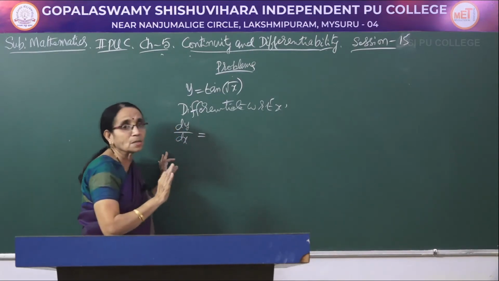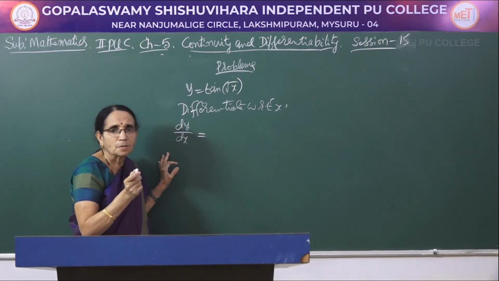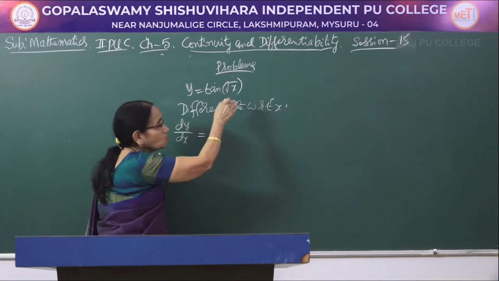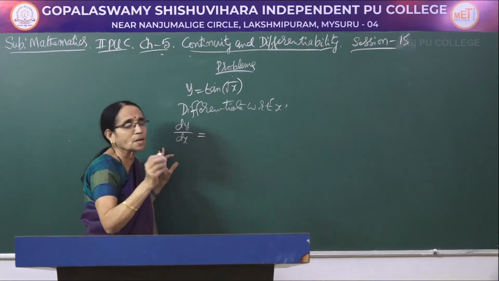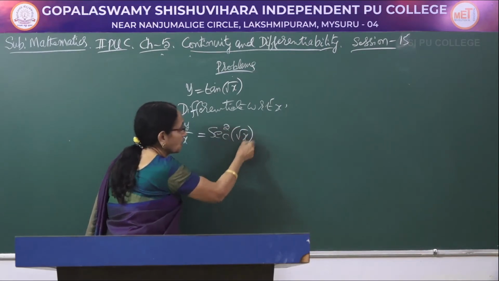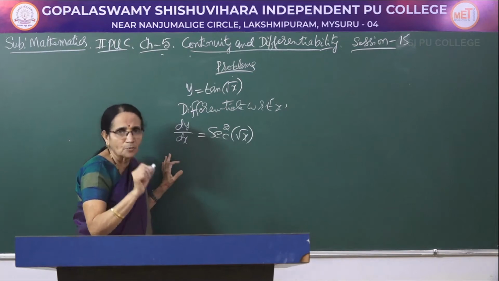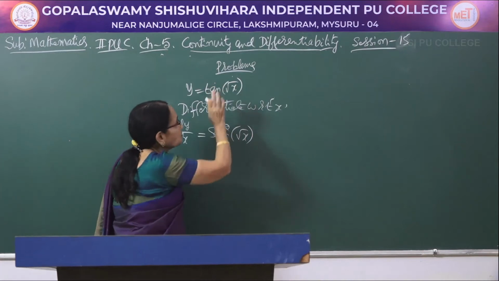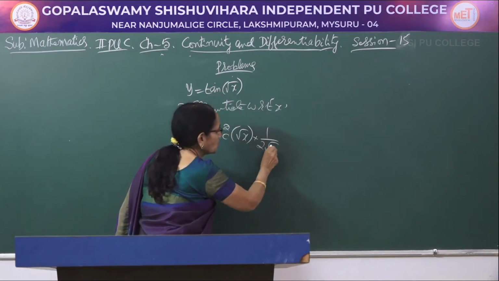Now, first you take tan into consideration. What is the derivative of tan x? It is secant square x. So, whether it is x or root x or whatever it may be, first you consider tan x, which becomes secant square x. Now, secant square of root x, first one. Do not change the second function. We are considering only the first function, that is secant square of root x. So, the tan part is over. For root x it is 1 by 2 root x.